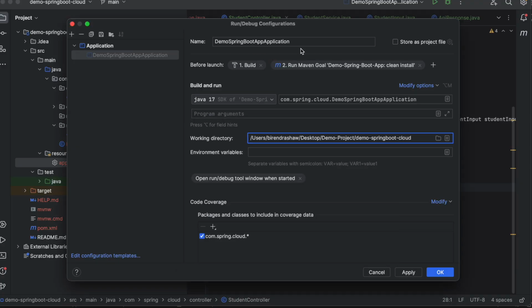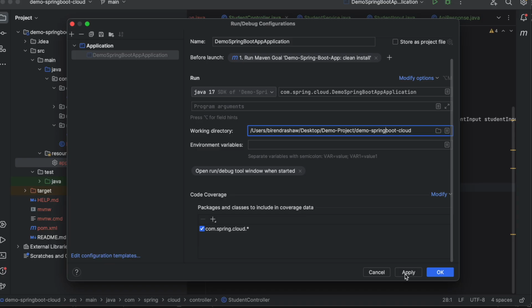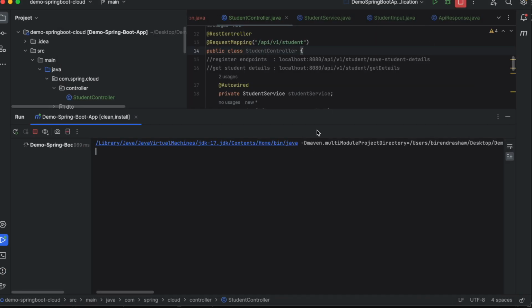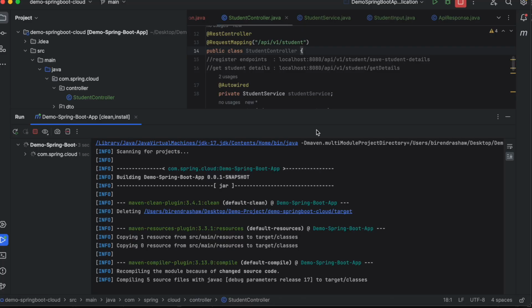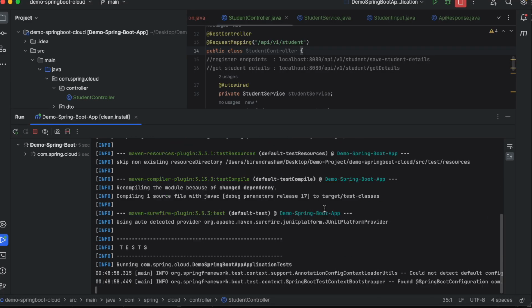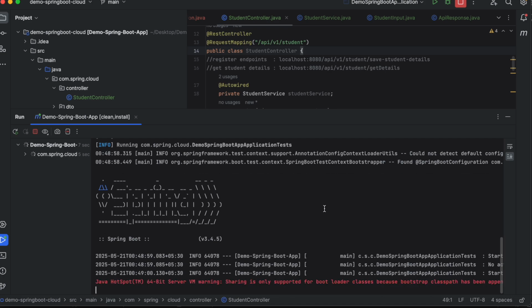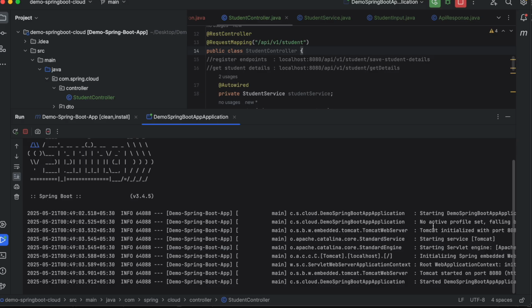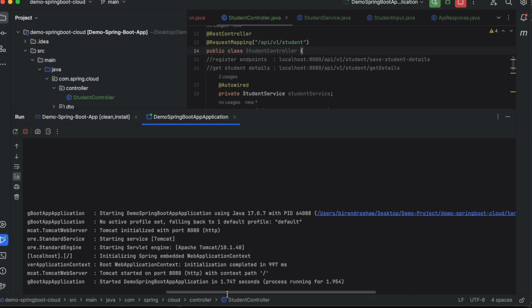This is demo Spring Boot application, this is fine now, and we'll say apply. Now let's run it through here. It will first do the clean and install, and then it will start running the application. As you can see, our application started at port 8080, right? And we are ready to test locally through Postman.